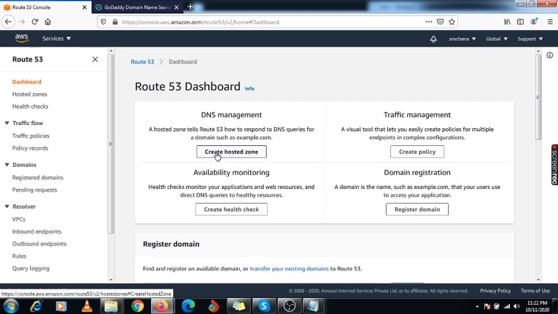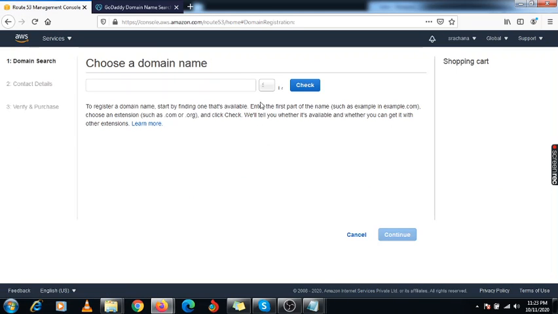Right now we are going to create one hosted zone. Under DNS management, if you want to register some domain using Route 53, you can register it. So just click on it. If you want to register from AWS only, you can purchase it and just click on this option. You need to check for some domain name which is available.